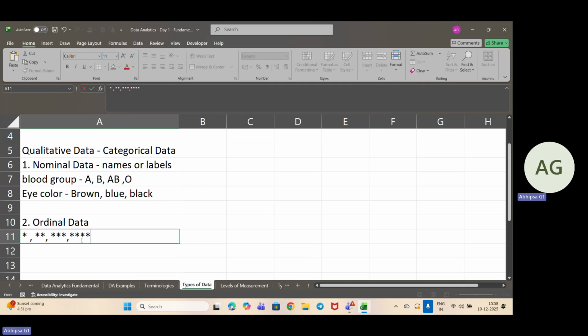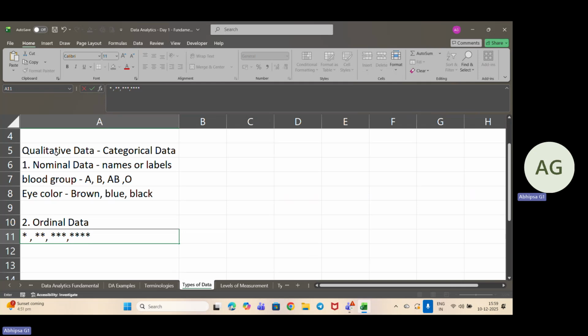Next, we have educational levels, like school, college, and university. They are names, not numbers. But everyone knows that till the age of 17 or 18, people study in school. After that, they move into college, and then after that, they move into university. This is the chronology that we follow. Also the taste, like bad, average, good, excellent, outstanding. Also the gradings like A, B, C in the score. That comes under ordinal data.